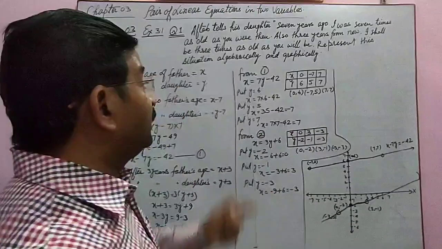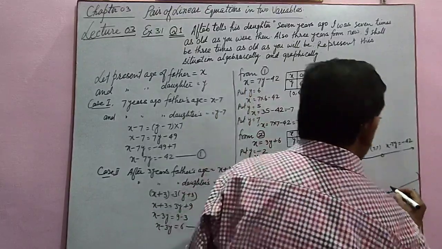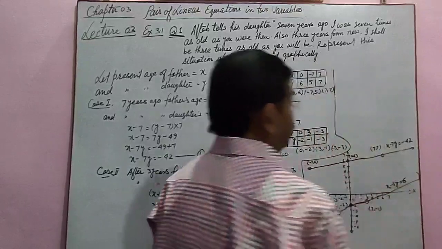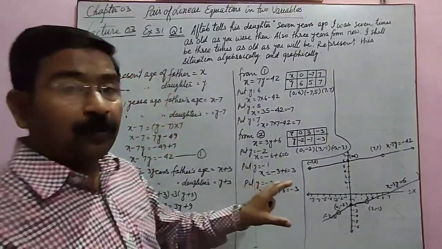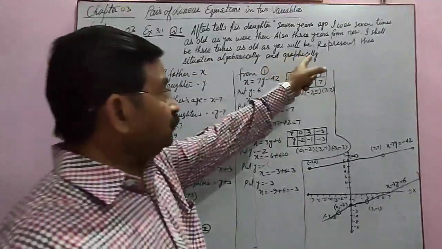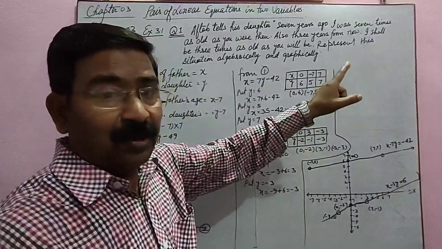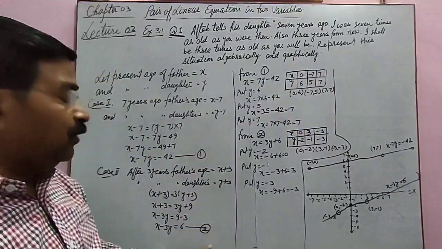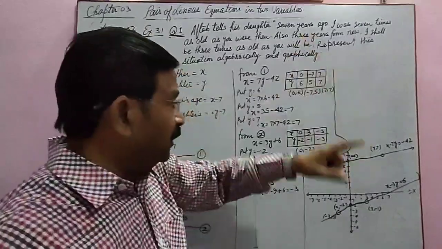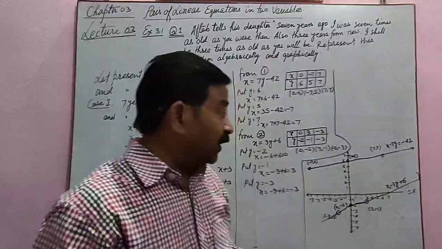And again write the equation. What was the equation? X minus 3y is equal to 6. So simply we had to plot the equation. In the question it was given to represent the situation algebraically and graphically. Answer was not required. So algebraically means we had to form the equations, and graphically or geometrically, we have to plot the graph. Is it okay? Okay.